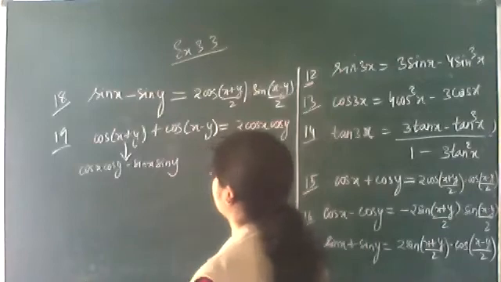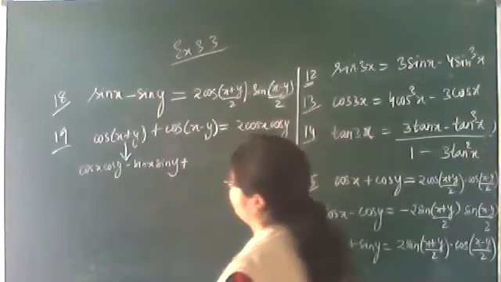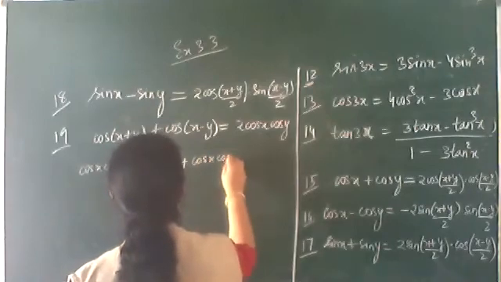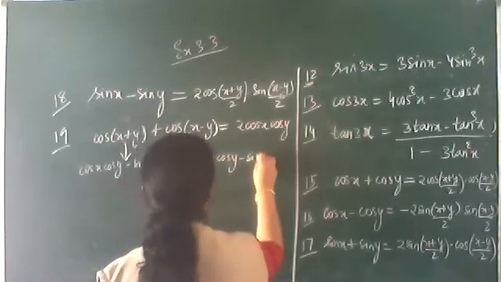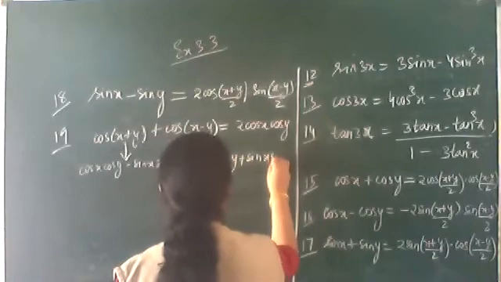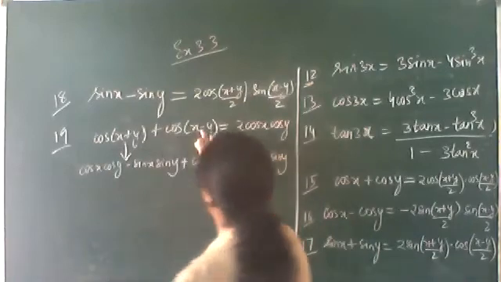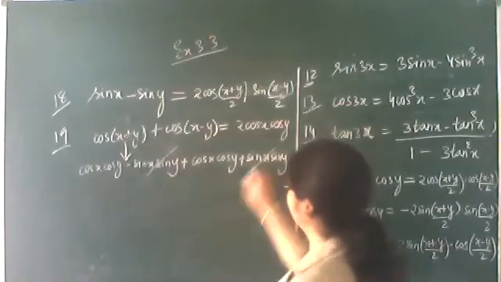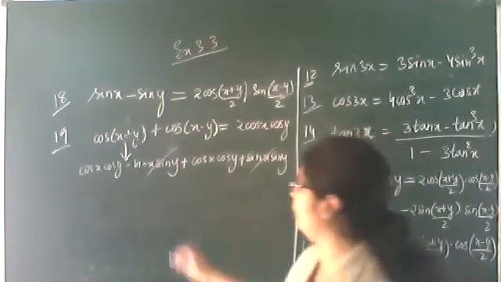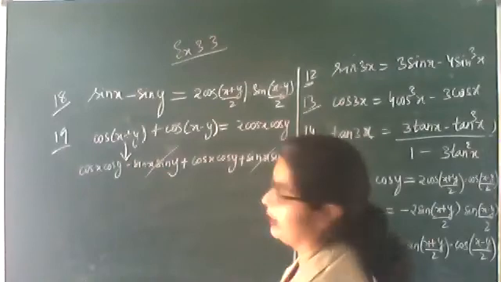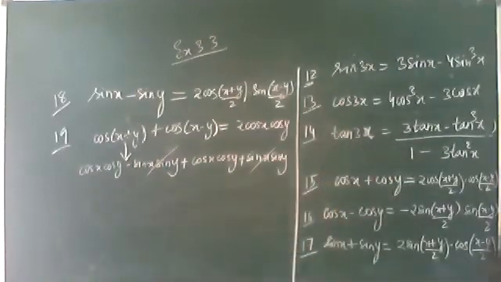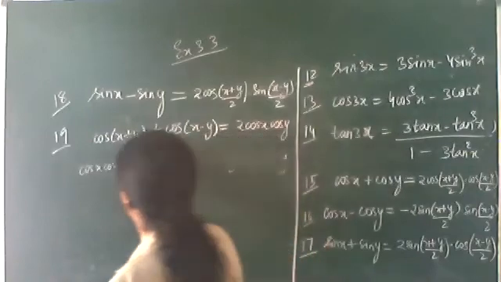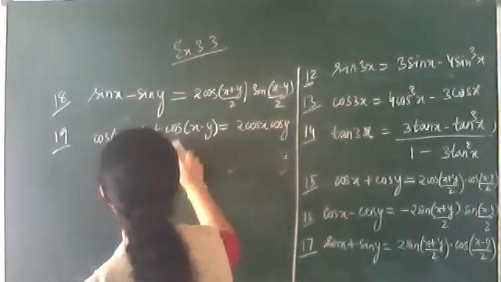Formula of cos x minus y, plus sin as it is. What is the formula of cos x minus y? Cos x cos y plus sin x sin y. I told you when minus is there, here plus is there. When plus is there, here minus is there. So one term is negative, one is positive. So what you are going to get? 2 times cos x cos y. Clear?